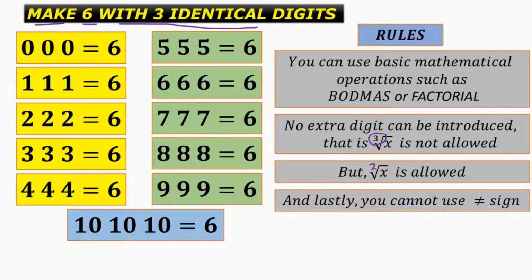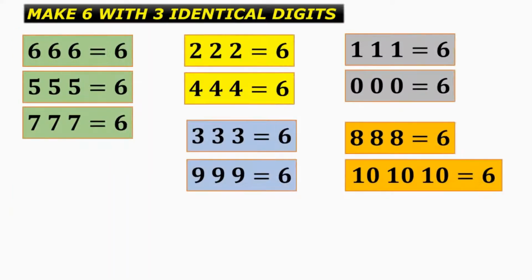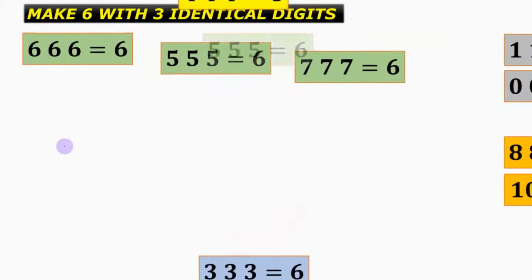Pause the video if you want to give this question a try and then resume the video when you want to check out the solution. Now, to solve this question, we are going to divide it into smaller segments. The first segment will be this one represented by the green color, then the second segment, third, fourth and the fifth segment. Okay, so we'll start with the first segment.